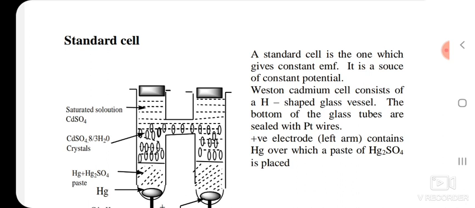Standard cell. A standard cell is the one which gives constant EMF. It is a source of constant potential. The Weston cadmium cell consists of an H-shaped glass vessel. The bottom of the glass tubes are sealed with platinum wires. The positive electrode, left arm, contains mercury over a paste of